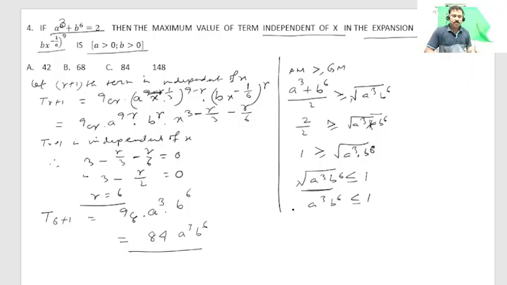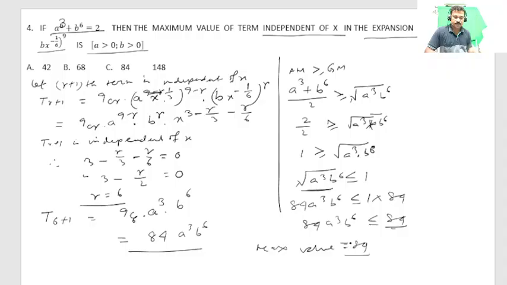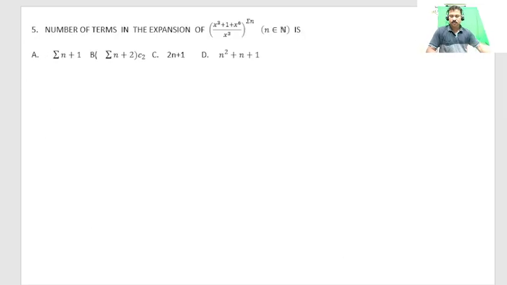If we multiply both sides with 84, that is 84 a cube b to the power 6 less or equals to 8. So the maximum value here, the maximum value equals to 8. Okay, the C option is the correct answer. Next,